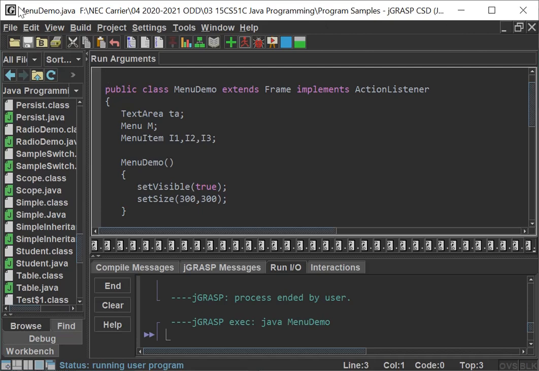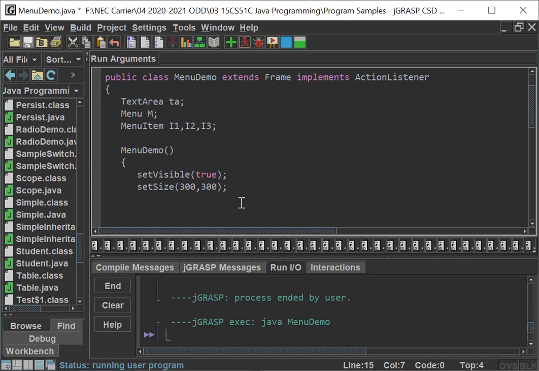Okay, could you understand? This is a menu bar. You have to create the menu bar first. After that only can you create the menu. For that I'm going to utilize the class MenuBar. I'm going to give a reference name mb equal to new MenuBar.